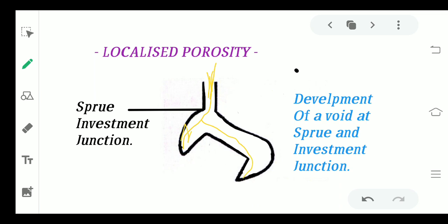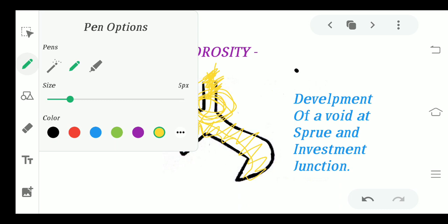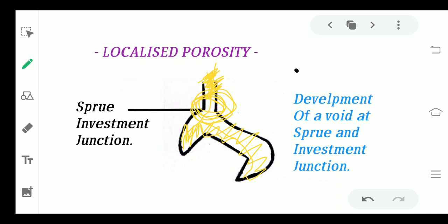So for example, now this whole area is being filled by the molten metal, and what happens is that the rest of the molten metal sometimes fills here only, because it cools very early. So early cooling can lead to setting of the molten metal at this place and at this place, and so a void or a bubble is formed at the junction of this sprue and investment. So this junction is said to be the sprue investment junction,